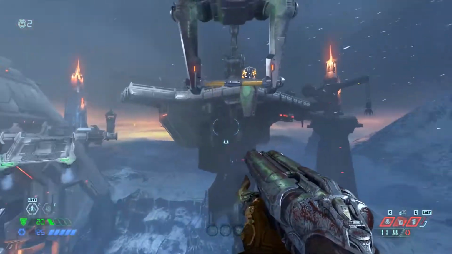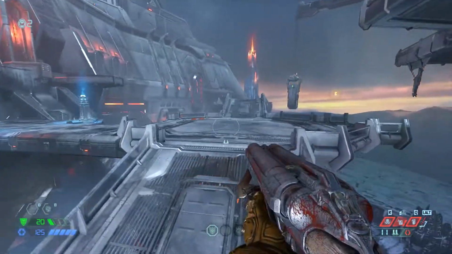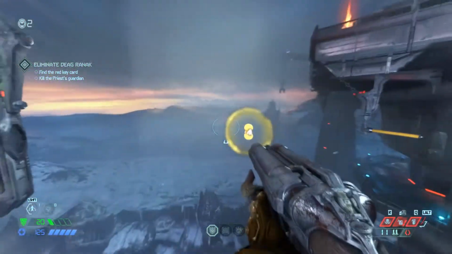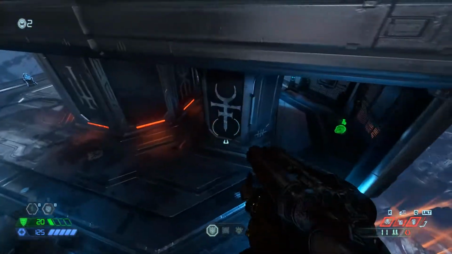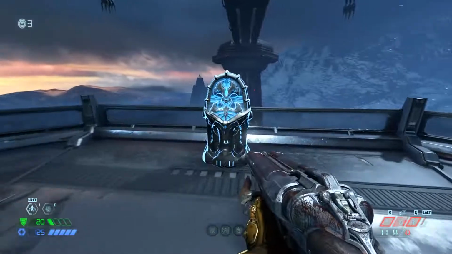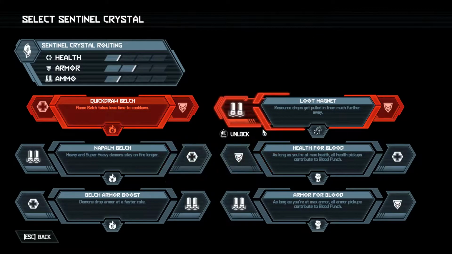Now you can actually skip this platforming section quite nicely. Easily done. And I believe you can also just dash, skip that. So that should save you guys a bit of time. I believe that's a Sentinel armor right there for you guys, if you are on Ultra Nightmare, obviously. Right here, this is...